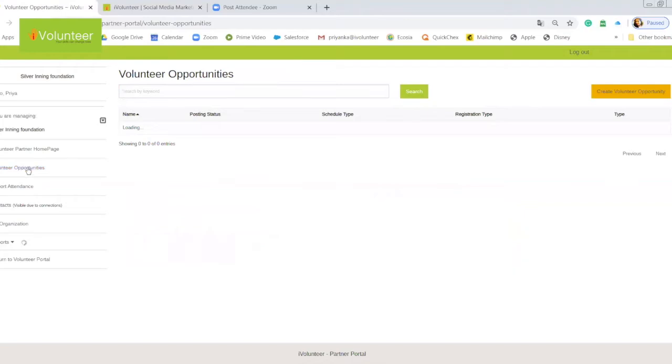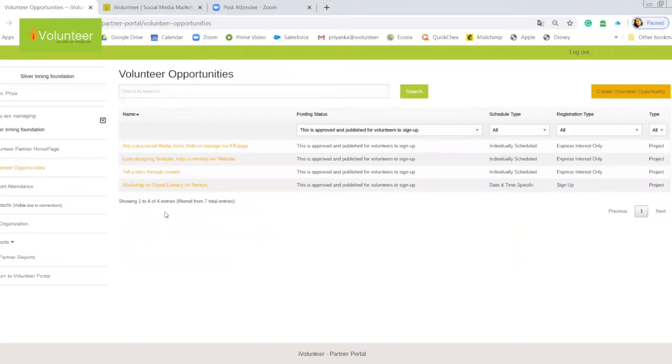So here I clicked on volunteer opportunities. Now this page comes up where there are already a couple of opportunities which were created earlier. If I want to check out one of the ongoing opportunities, I can click on any of these. However, right now I just want to create a new opportunity.